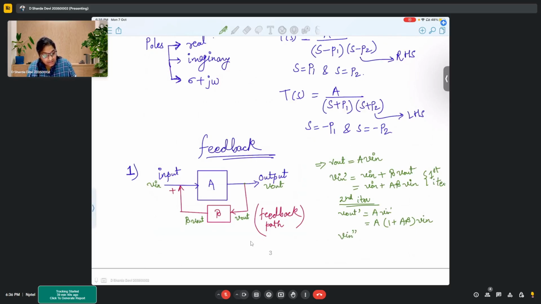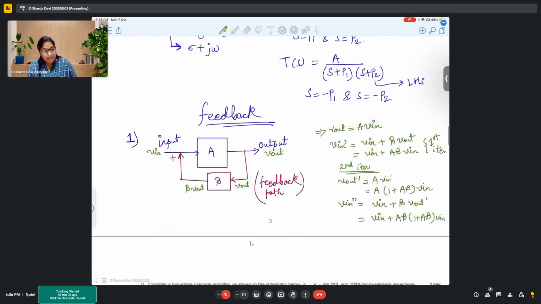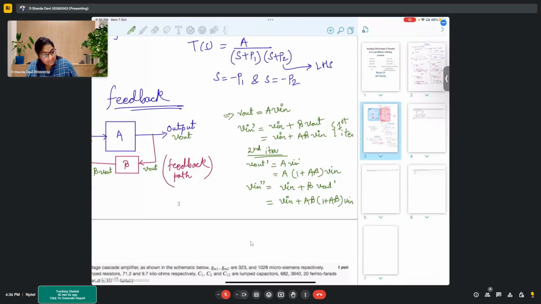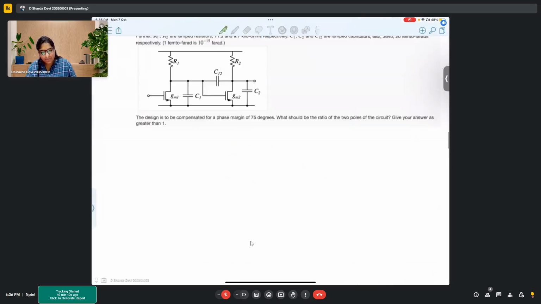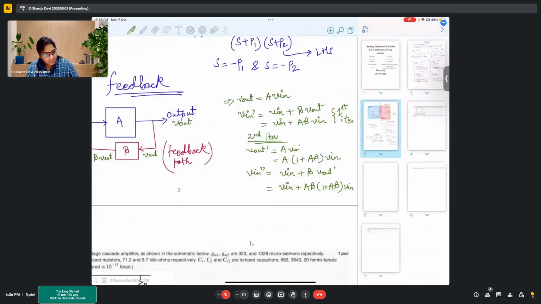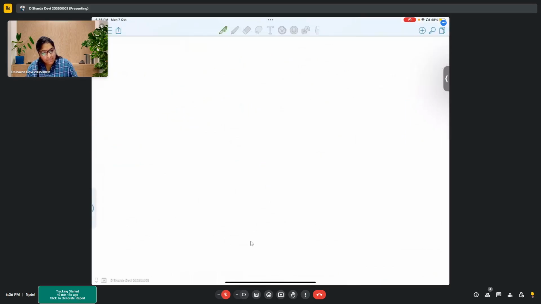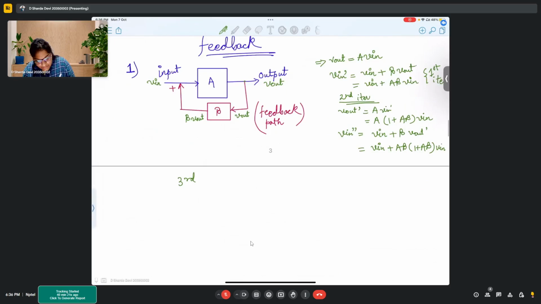So now V in double dash will be V in plus beta times of V out dash, which makes it V in plus A beta into 1 plus A beta V in, right? Now let's do one more iteration and then we'll stop. So now if we talk about the third iteration,